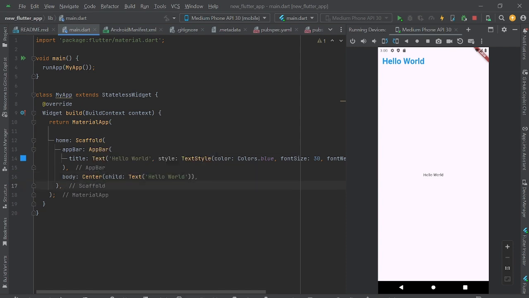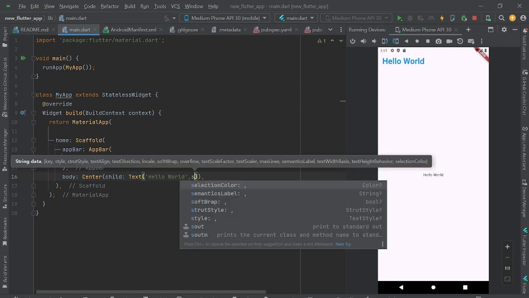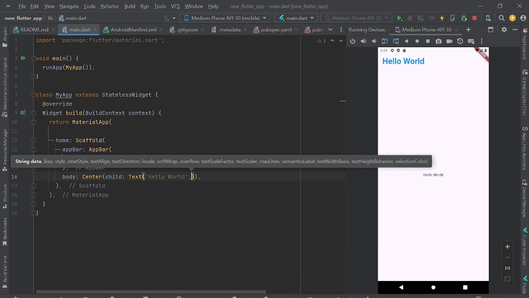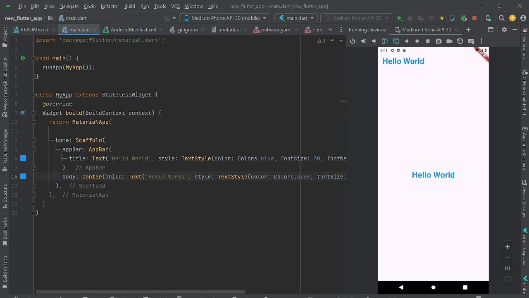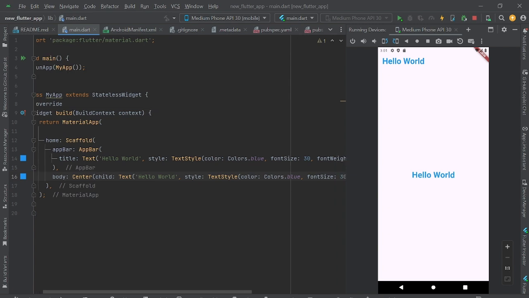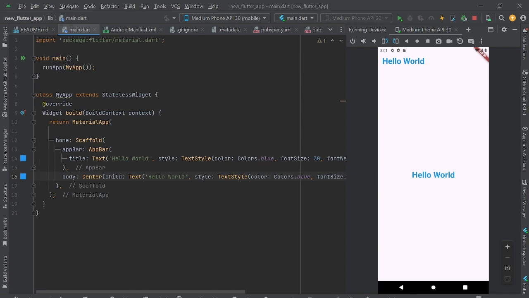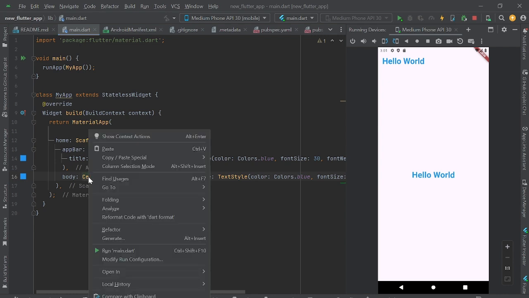अब एक काम करते हैं, सेंटर विजेट के अंदर हमने टेक्स्ट को यूज किया, अगेन वही सेम टेक्स्ट जो हमने यहाँ पे ऐप बार में यूज किया था। तो अगेन हम यहाँ पे प्रॉपर्टीज को असाइन कर सकते हैं, लाइक स्टाइल वगैरह। एक सेकेंड, स्टाइल आ गया हमारा, फॉन्ट वेट आ गया। जैसे हमने हॉट रिलोड किया, देखो अगेन हेलो वर्ल्ड हमारा बड़ा सा लिख के आ गया, है ना। तो ये सारा कुछ हम यूज करते हैं, और भी कई सारी प्रॉपर्टीज हैं। फर्दर हम लोग एक्सप्लोर करेंगे इसको।